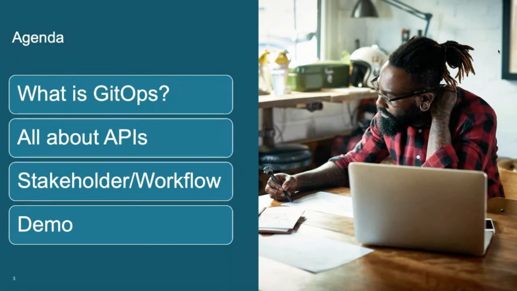Okay, so our agenda today. We'll definitely start with our mechanism, which is GitOps. This is mostly helpful for the people who were not aware of what GitOps is, and then details of the mechanism. And then we'll be talking a lot about APIs all over the place. So we'll talk about API structure and how we use that and how we document that. And then we talk about the workflow, and in each aspect of the workflow, who the stakeholder is, whether it's a developer, DevOps, etc. And followed by a demo.